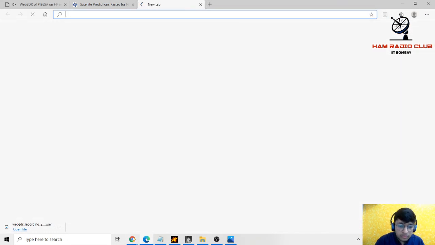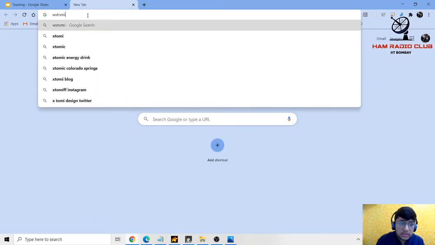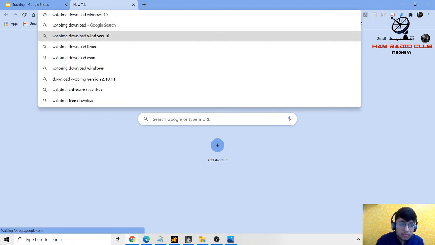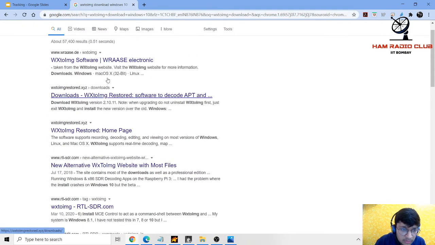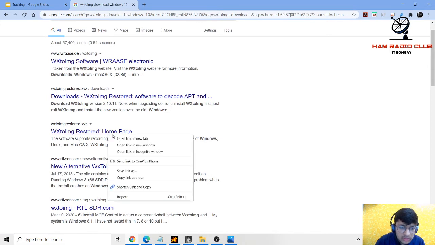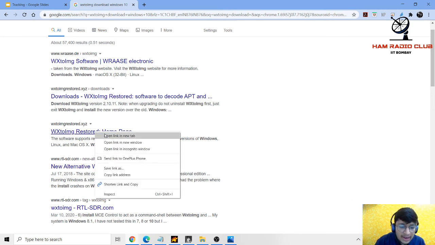So basically it is WX2IMG. You can go on any website. You can go on the website WX2IMG Restored homepage, which is the third website, and you can open the link.